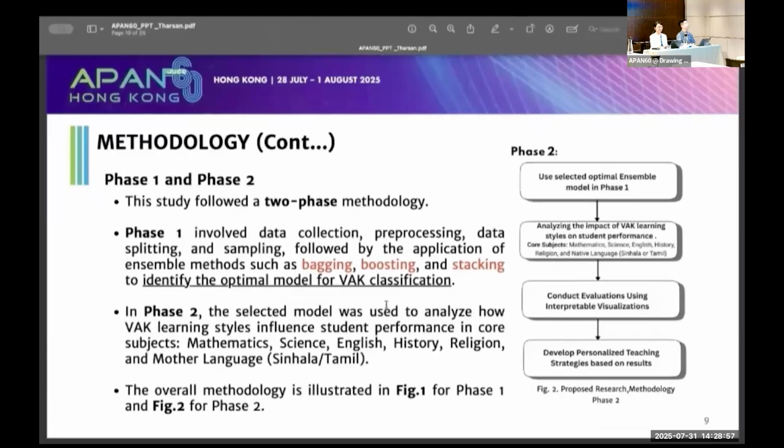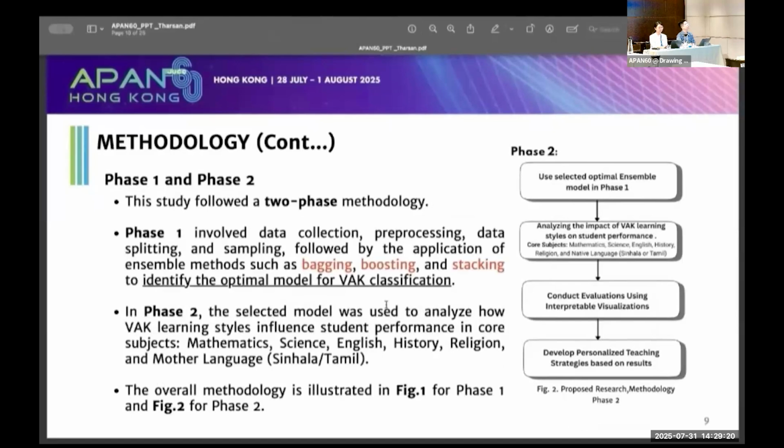Let's talk about phase 1 and phase 2 of the methodology. This study followed a two-phase methodology. Phase 1 involved data collection, data processing, data splitting, and data sampling, followed by application of ensemble methods such as bagging, boosting, and stacking to identify the optimal model for VAK classification.